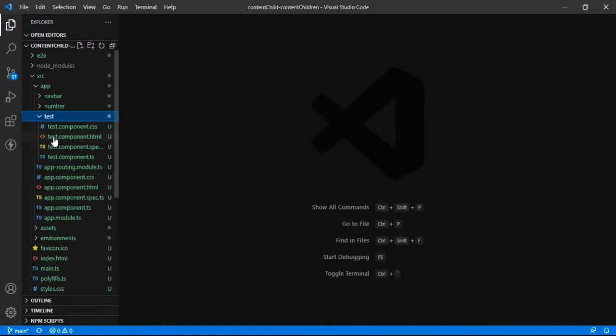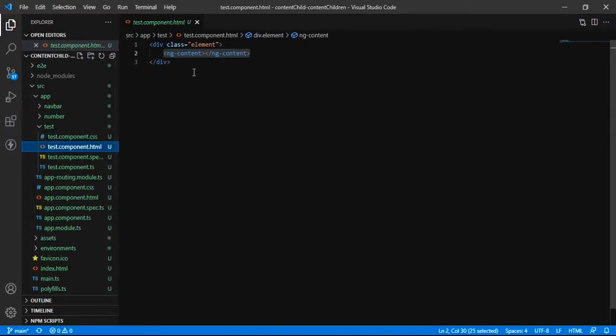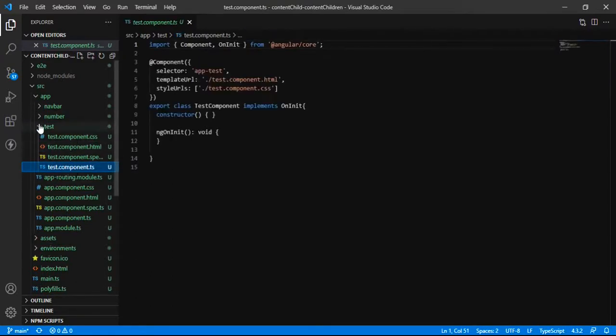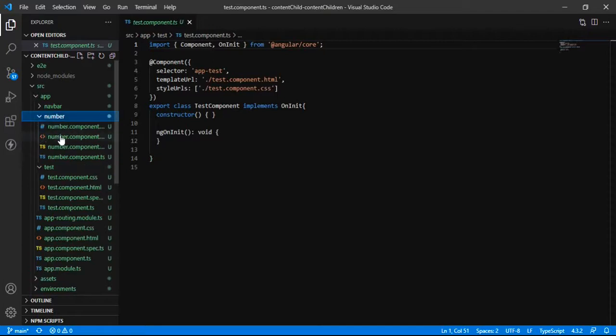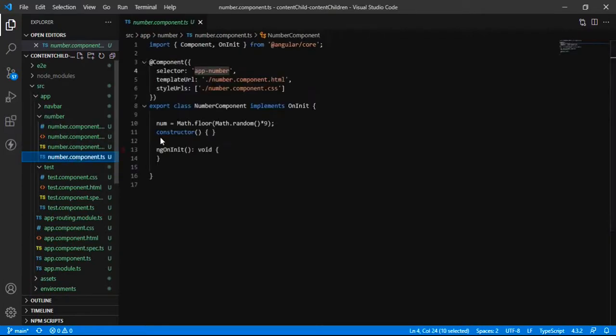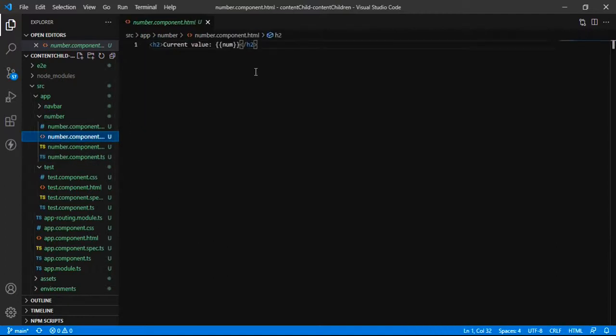Inside the test component, we are just trying to project some ng-content that is coming from a host element. So we have defined this ng-content over here, and we have defined the number component, which is doing nothing but taking any random number and printing it to its view.